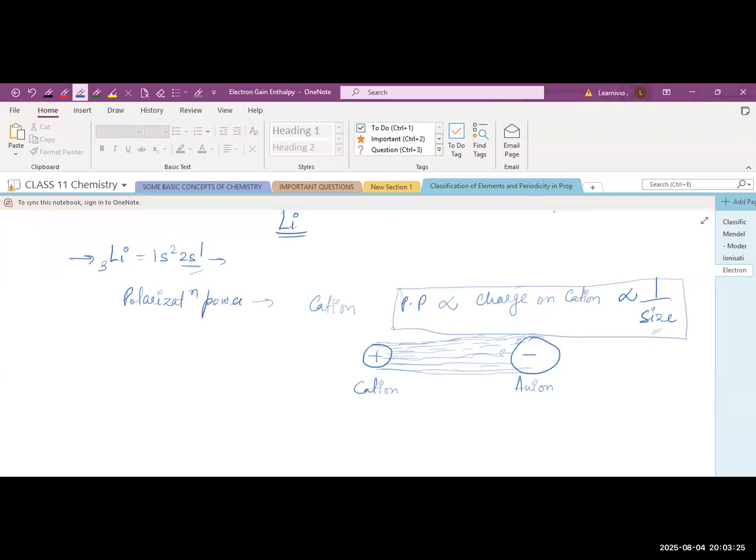Okay, so there is another rule, Fajan's rule. Fajan's rule basically tells us about the covalent character in an ionic compound, right? Ionic compound में there is some covalent character also, right? So basically Fajan's rule क्या कहता है? It tells us about covalent character in an ionic compound. And this rule is basically based on the